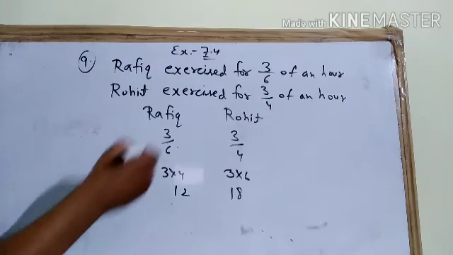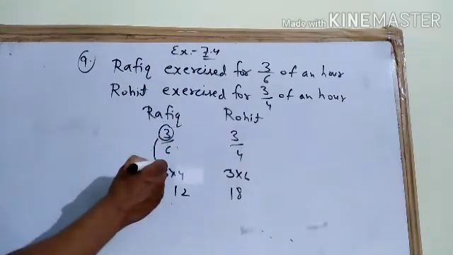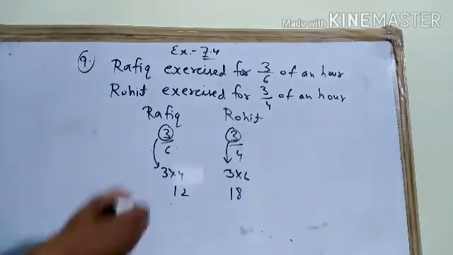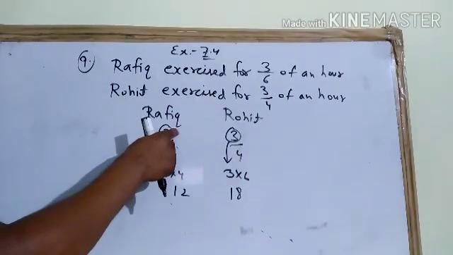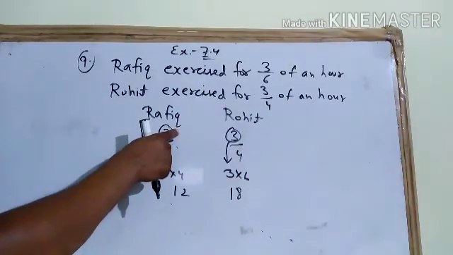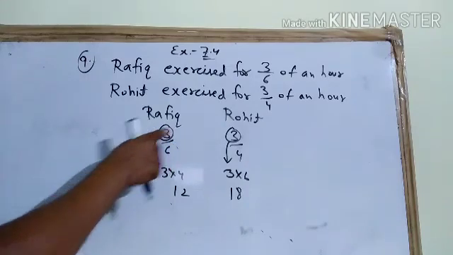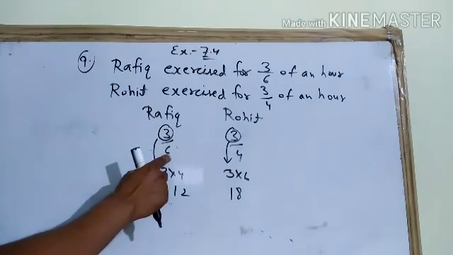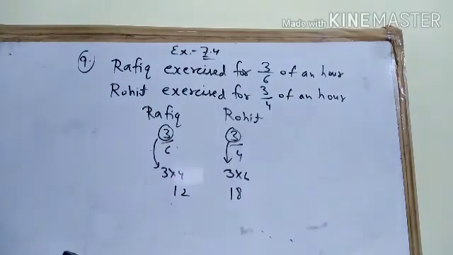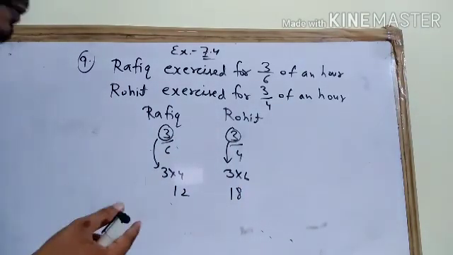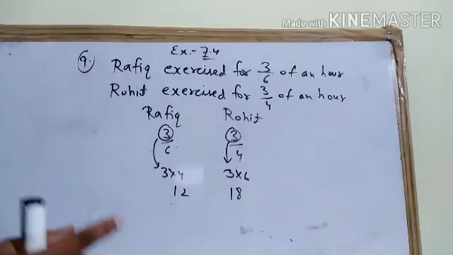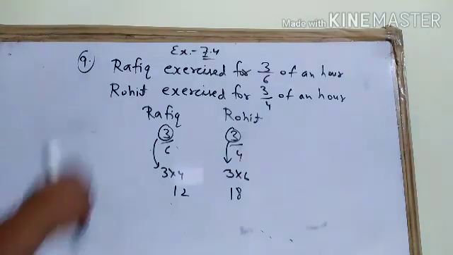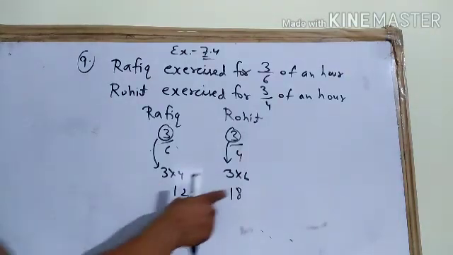So this 3 will remain here and this 3 will remain here. This is the main thing, means numerator will not leave the place. Numerator will remain the same place. Only this denominator will come to this side and this denominator will go to that side. Whenever you are doing cross multiply, keep remembering one thing, that denominator will change the place, not numerator. So 3 4 is 12 and 3 6 is 18.